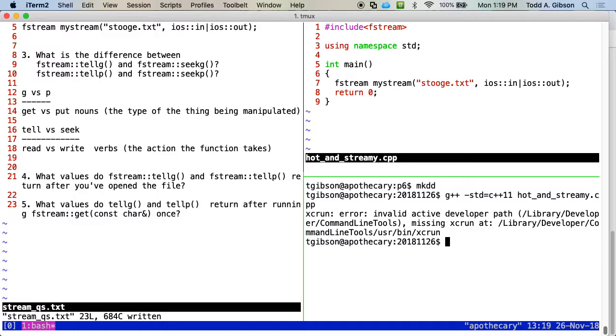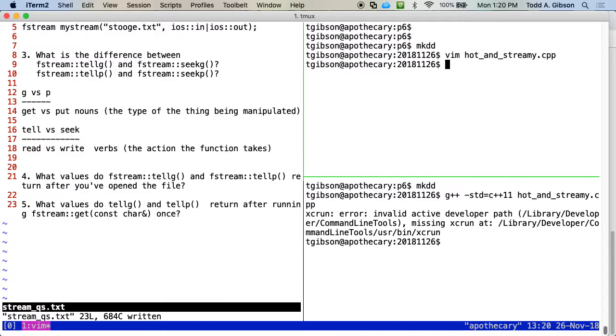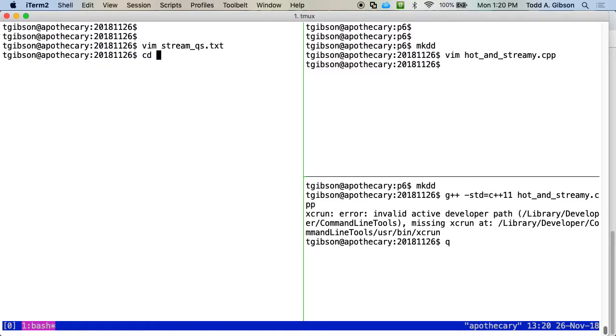Seems my upgrade didn't go according to plan. So I guess what I need to do is, where do I want to do this? All right, give me a minute. Let me quit out of that. Quit out of that. Go up one.